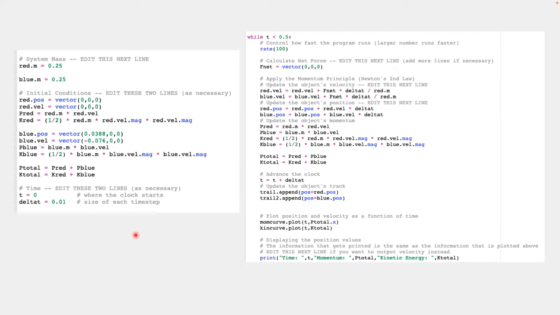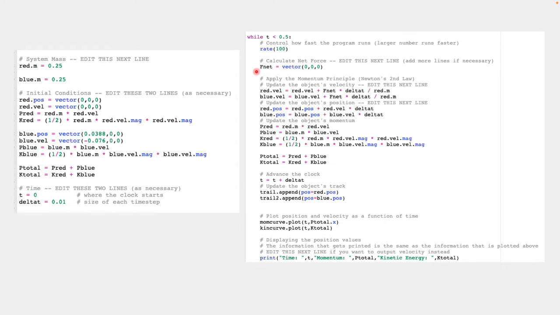So to model this in GlowScript, I start with just a normal system that's moving, and I put in the initial masses of the blue and red cart, the initial positions and velocity, the initial momentum, and the initial kinetic energy. Then I calculate the total momentum of the system and the total kinetic energy of the system. Then I create a loop for the time period that I said before, t is less than 0.5,